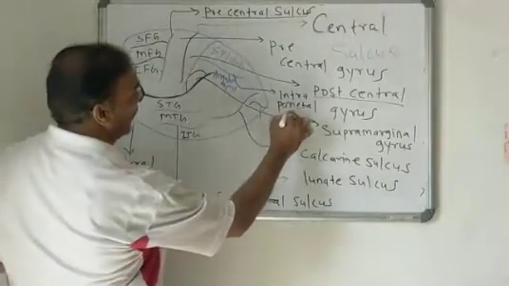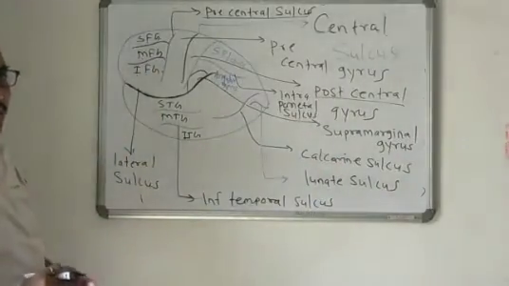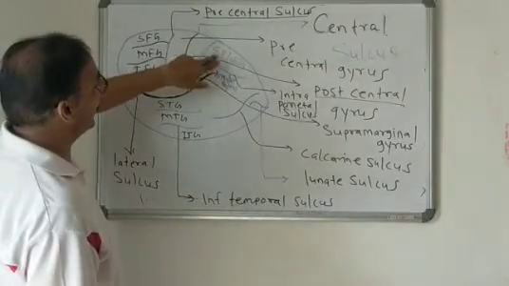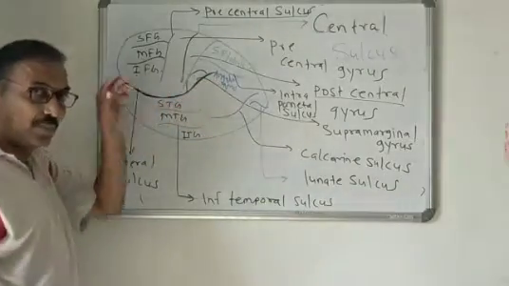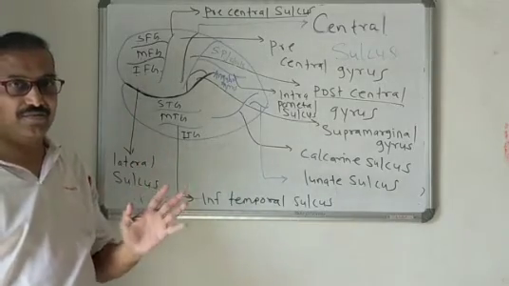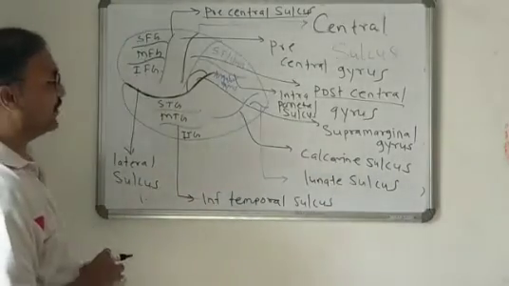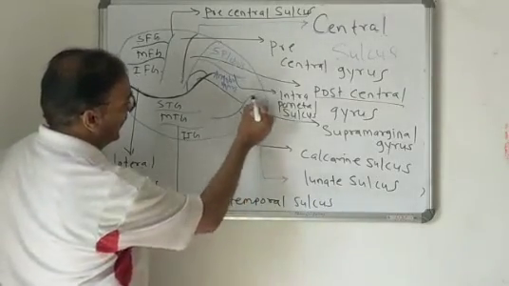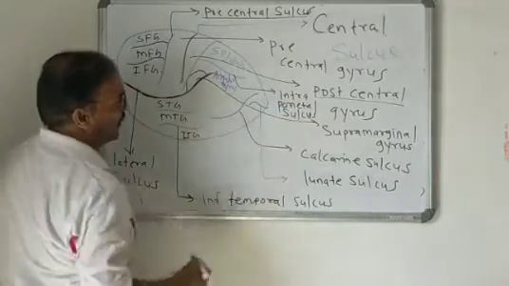This is the intraparietal sulcus, the sulcus that divides the parietal lobe into the upper as well as the lower part. The upper portion is called the superior parietal lobule, and the lower portion is called the angular gyrus. Now remember, each gyrus consists of various functional centers. So that is again important here. Now on the occipital lobe, two important sulci are present. The main sulcus present on the occipital lobe is called the calcarine sulcus. So this is the calcarine sulcus, at the posterior most part of the occipital lobe.